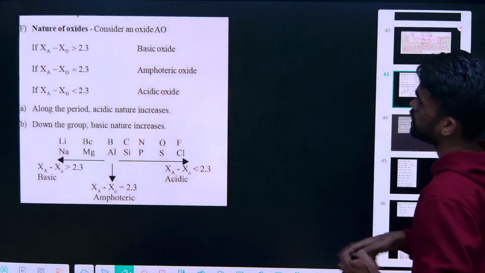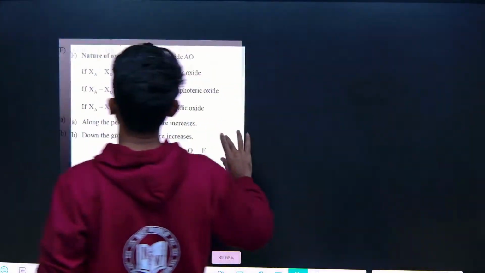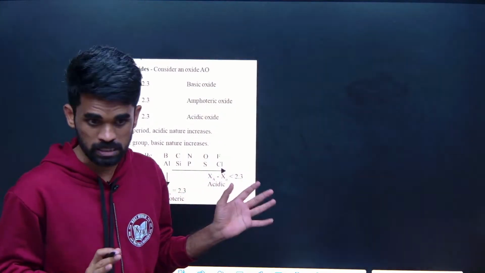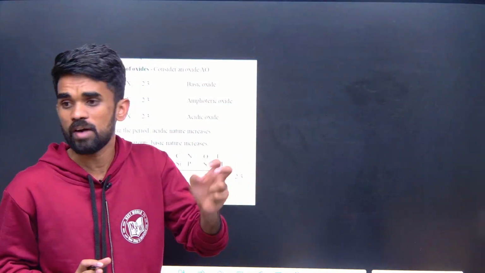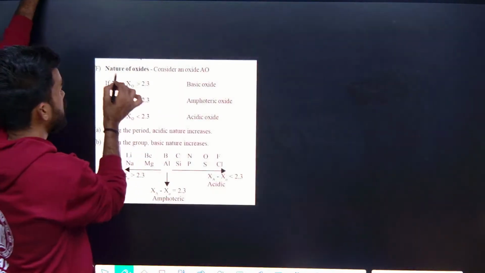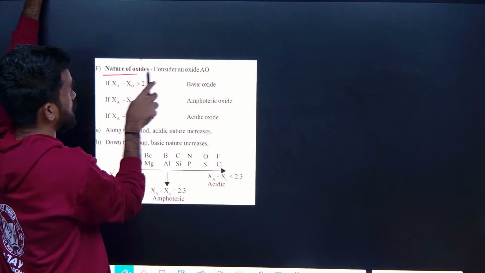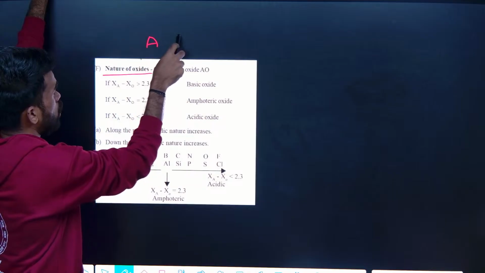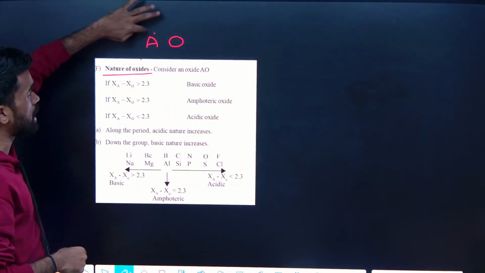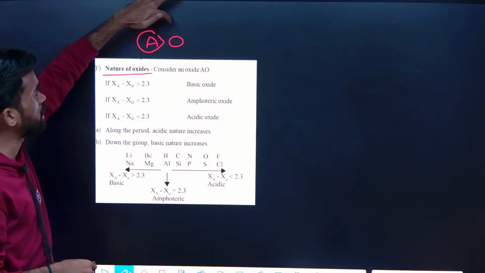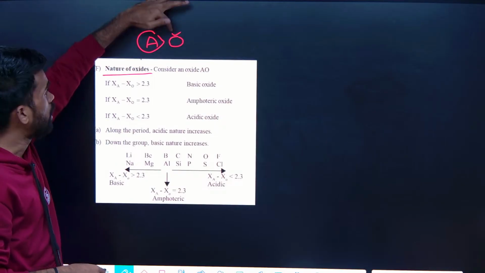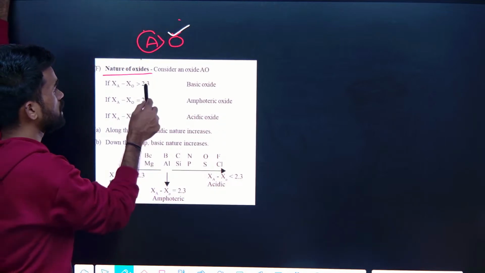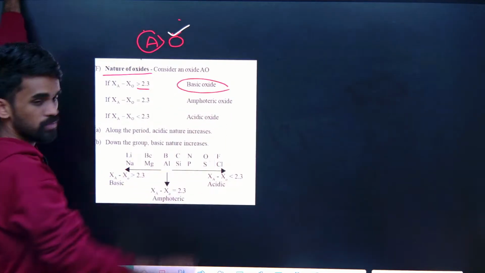Here is one more thing I need to tell you. What are the applications of electronegativity? We can decide whether a given compound, especially oxides, are basic oxides, acidic oxides or amphoteric oxides. So the nature of oxides can be decided by looking at their electronegativity difference. If the electronegativity difference between the central atom and the oxygen atom is greater than 2.3, then